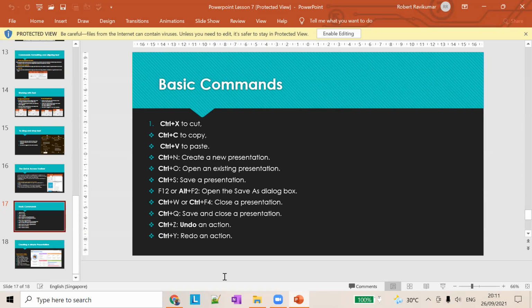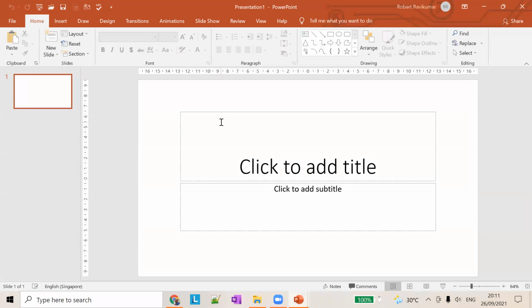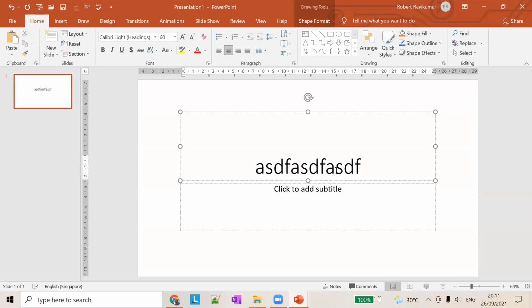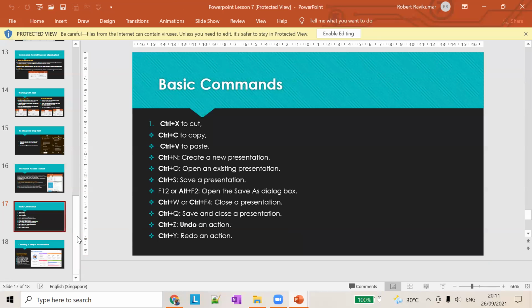Undo and redo an action. Okay, so we'll learn about undo and redo. Let's say I add something, and if I press Control Z, it will undo the things we have added. So if I added a menu and I press Control Z, it will undo the action. If I want to redo an action, Control Y will add it back. Okay. So undo and redo, you can use the shortcuts to do that.